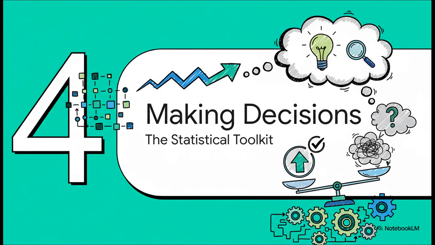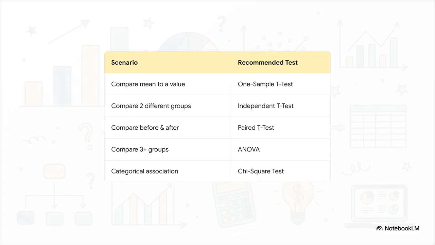And really, that brings us to the whole point of all of this, building a practical toolkit so we can make smart, confident decisions that are actually backed up by evidence. Let's see how we pull it all together. The great news is you don't have to reinvent the wheel every time you have a question. Statisticians have already built a whole toolbox of tests, each one designed for a specific job. The kind of question you're asking, like, are you comparing two groups, or maybe you're looking for a relationship between different categories, that's what tells you which tool to grab from the box. Choosing the right one is what makes sure your conclusions are actually solid.